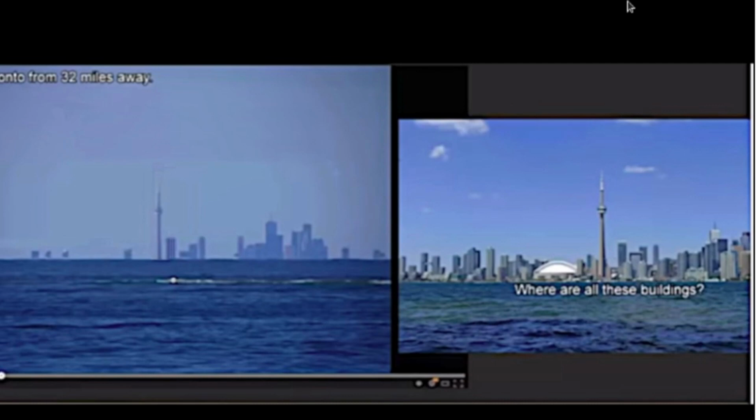These pictures here. So Mark started off by showing us these 2 photographs of the CN Tower in Toronto. The one on the left was taken from a distance of about 32 miles and the one on the right obviously much closer. Now, as a reference point, we both agreed that these 2 buildings here were exactly the same building, as were these 2 buildings here, and